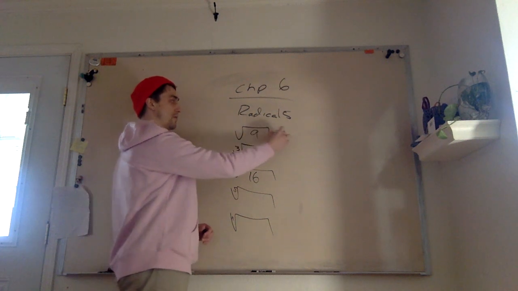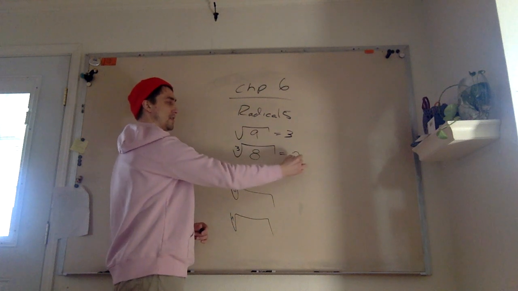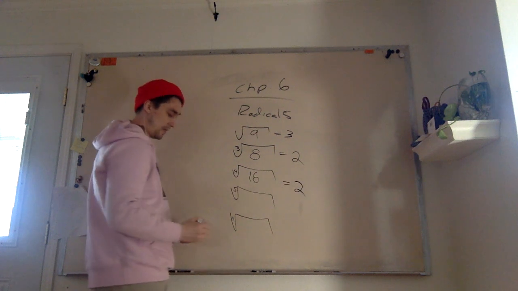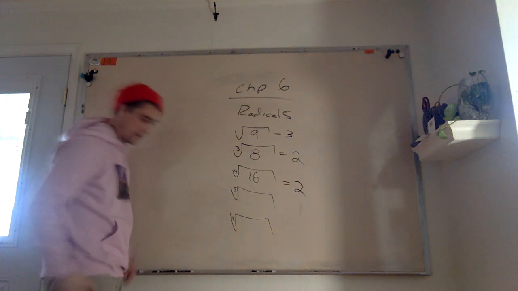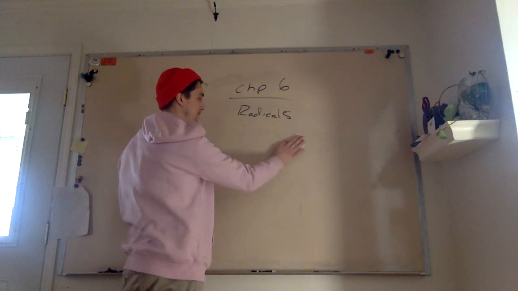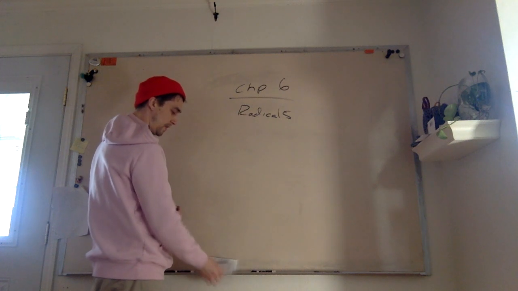Square root of 9 is 3. Cube root of 8 is 2. Fourth root of 16 is 2. Stuff like that. So we talked about rational exponents last time,